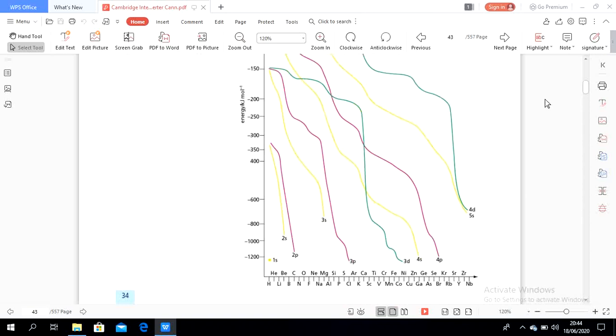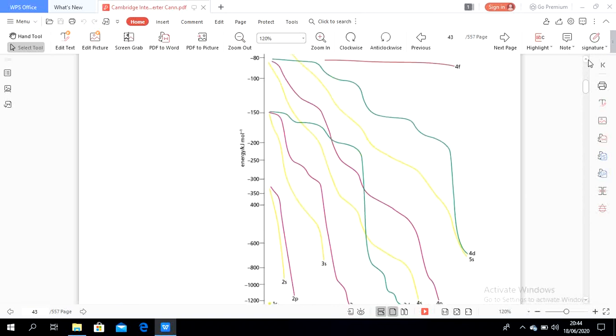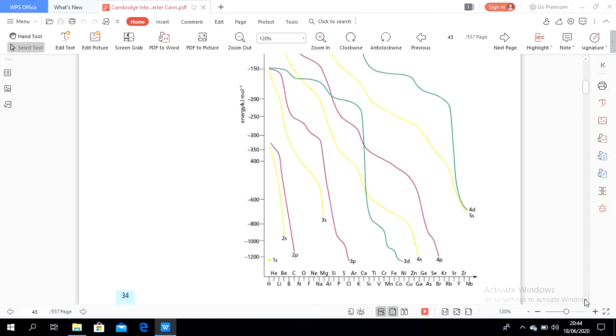So this is called the effective nuclear charge. Okay, you can see here from the graph the energies of 1s, 2s, 2p, and then 3s, 3p, and then continuing to 3d. 3d has an energy which is similar to 4s. That's why 4s has less energy than 3d. Therefore, we have to write 4s first and then 3d.